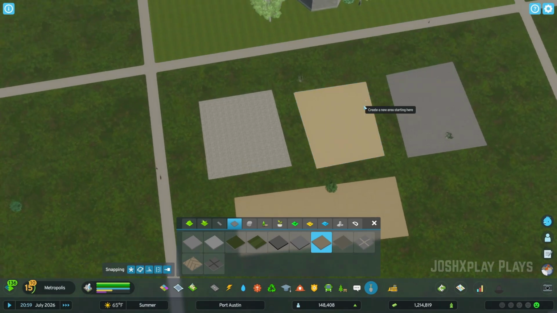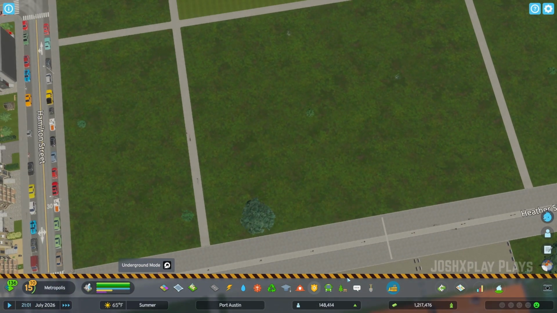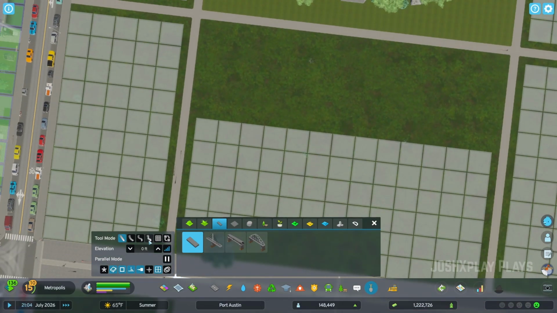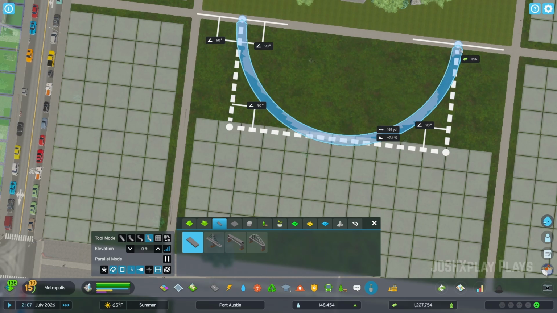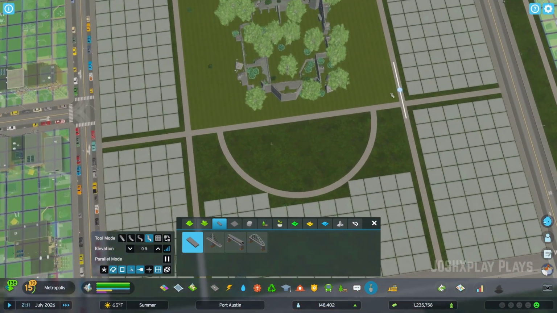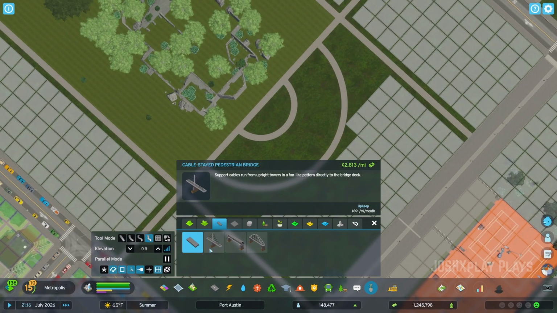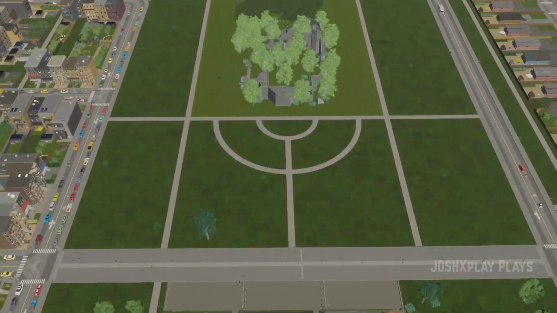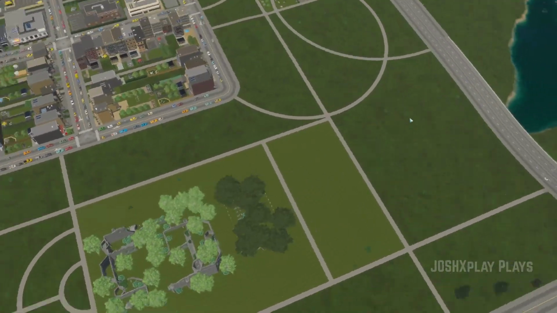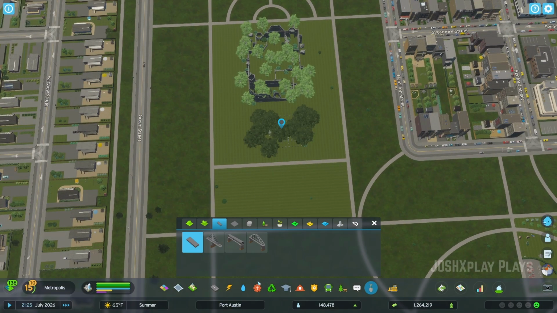Right, so what we can do, let's try to do a little curved path. There you go, that's nice. And maybe a smaller one in here. I think this is looking rather nice. And you know what? Let's do something similar here. And I